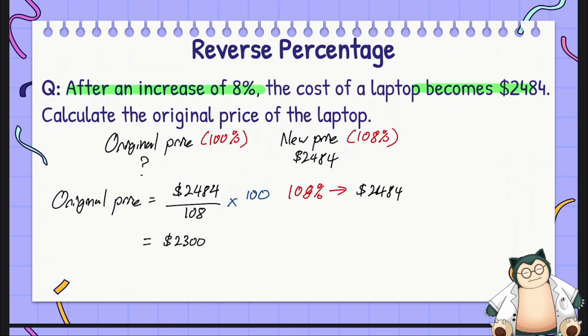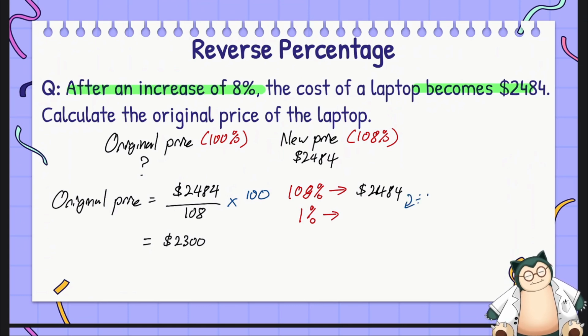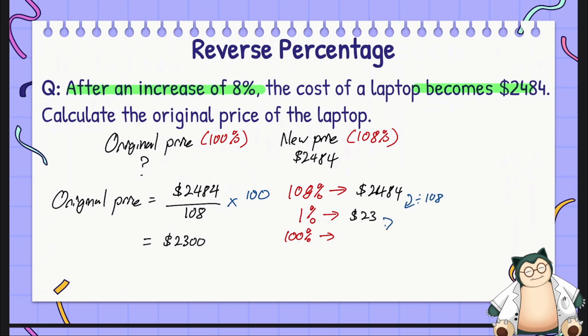We want to find out what is 1%. We divide by 108, which gives us 2,484 divided by 108, $23. And then to find out 100%, what do we do next? We multiply by 100, and this gives us